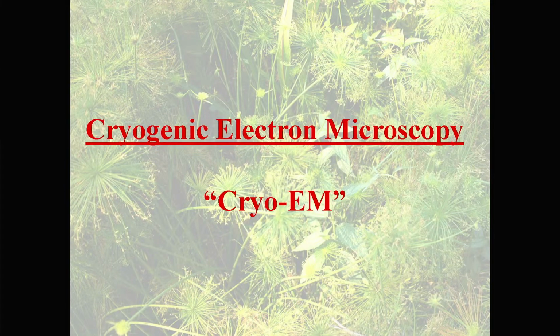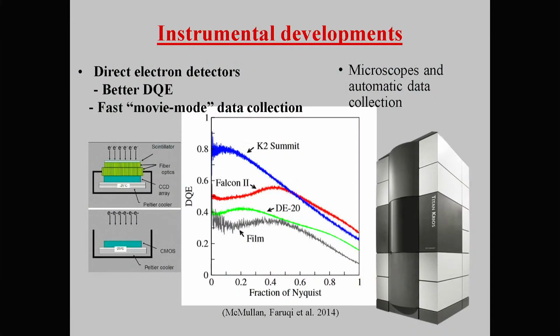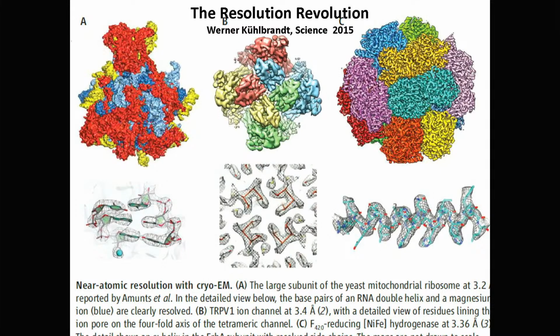were most recent the developments, and one of the most important things is the arrival of this kind of machine, and especially where you can control the microscope. You don't see it anymore. You can control everything from a distance, but these cameras, these direct electron cameras, where you count each arriving electron, that really made a big difference, and that led to the so-called resolution revolution, as Werner Kühlbrandt had published it. He just retired 3 weeks ago, and